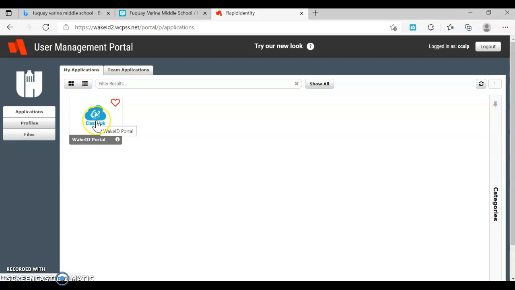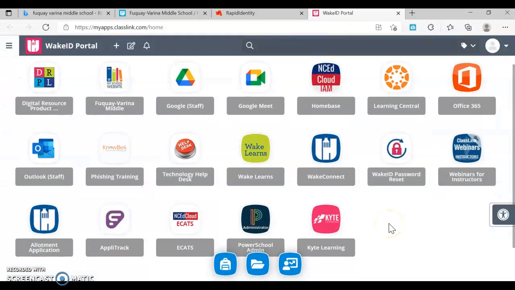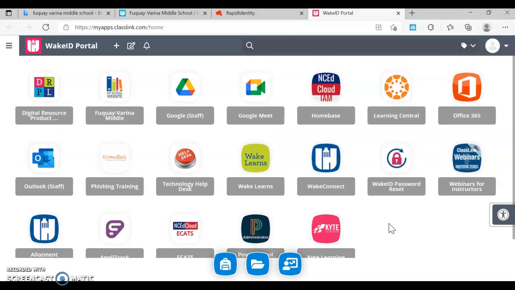And so you can come up to your Rapid Identity. So you're going to click right here, and it'll come up to all your little apps. If you don't have Google Classroom on yours, so for example, I don't have Google Classroom, you're going to go